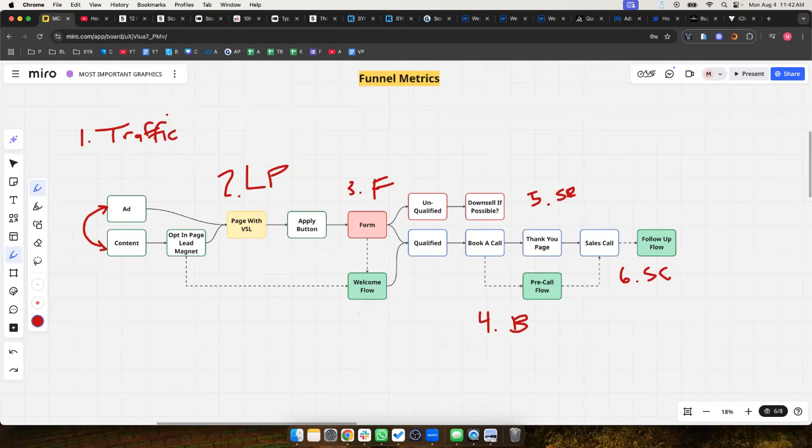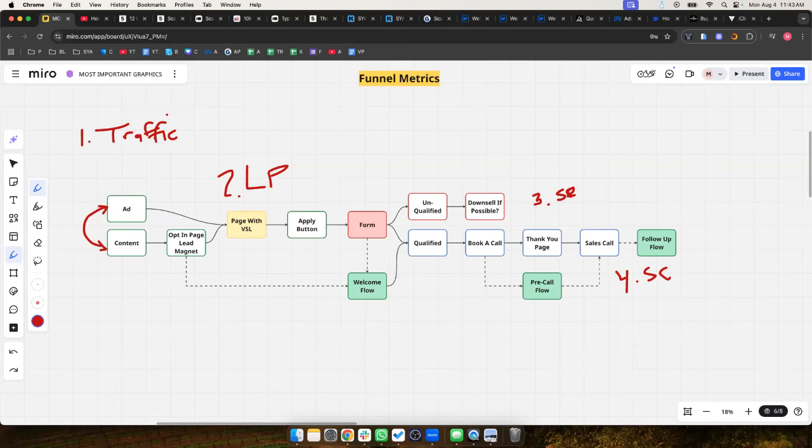So there's not very many things you can do or places that could be the problem in your business. You could really condense this down to 4 places if you wanted to. And if you're looking for actual metrics on how to diagnose this, for traffic, number of clicks, but cost per click is good. For landing page, the main metric you're going to think of is how many people start your application versus come to your page.